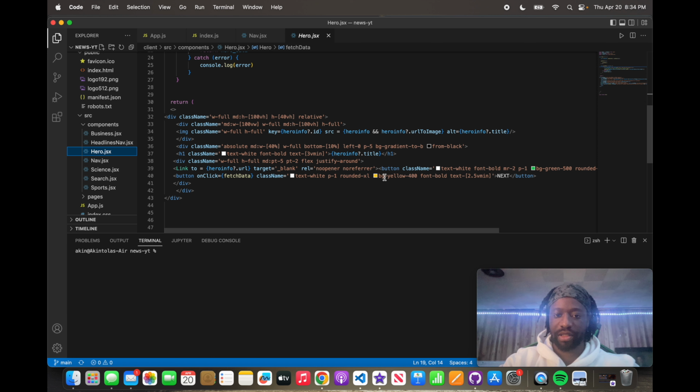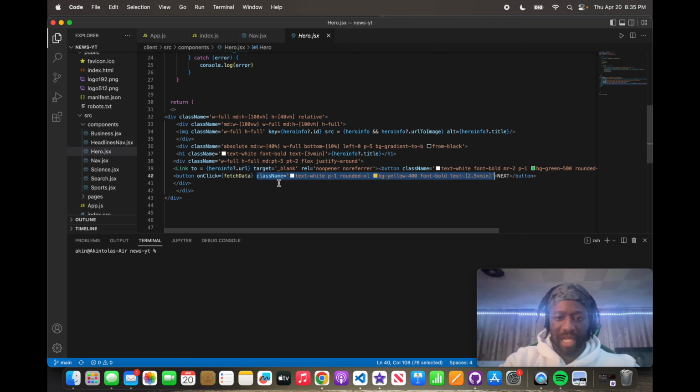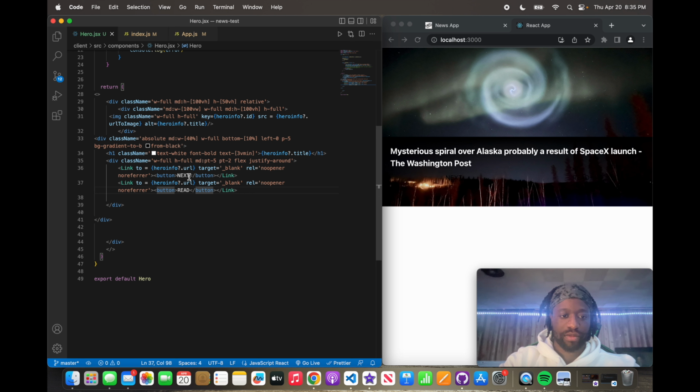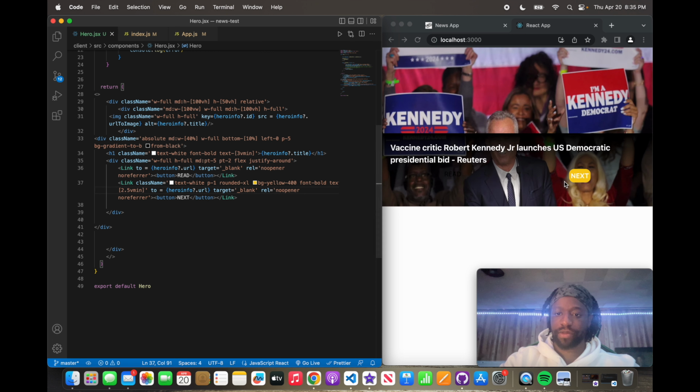The color is this, so we're just gonna go text white, rounded. And we're just gonna give it all of this, basically, this whole class name. And I will show you what it is once I'm done with it. Here we go. Was that for read? That was for next. So to read, then next. So I have this the other way around. Read, and then next. Okay, so if we put class name, there we go. So that's next. And read was,